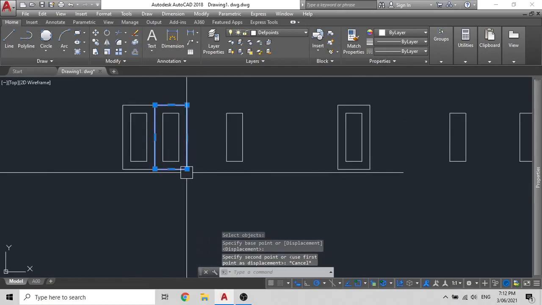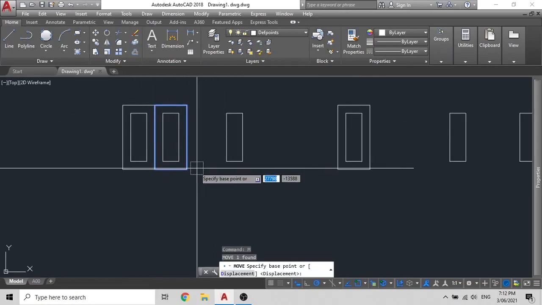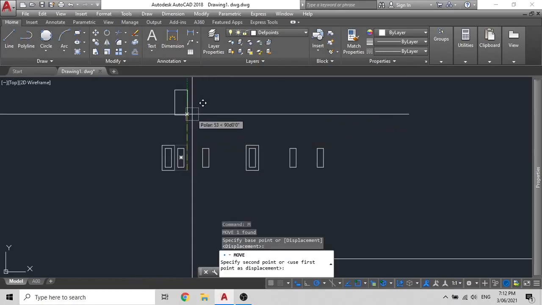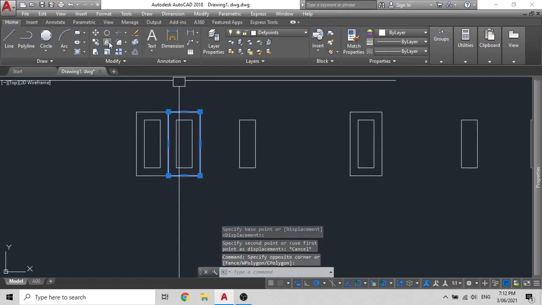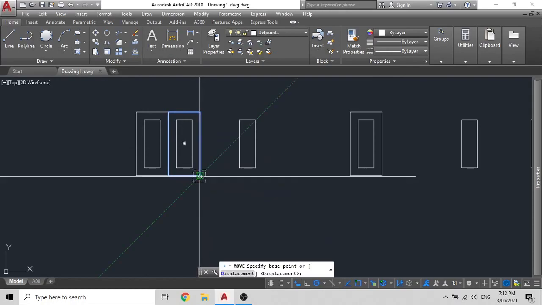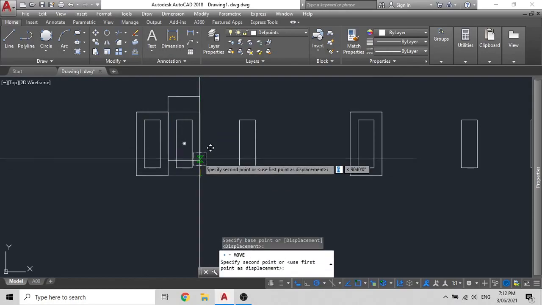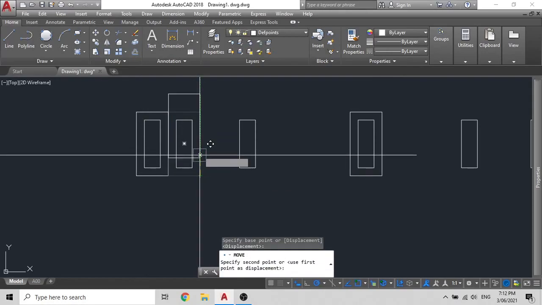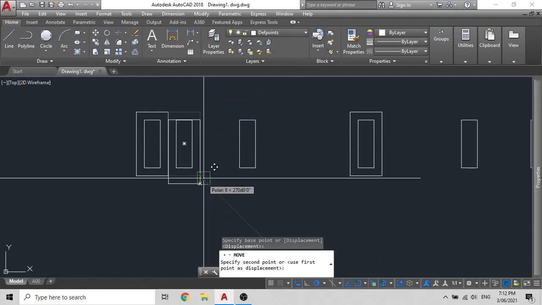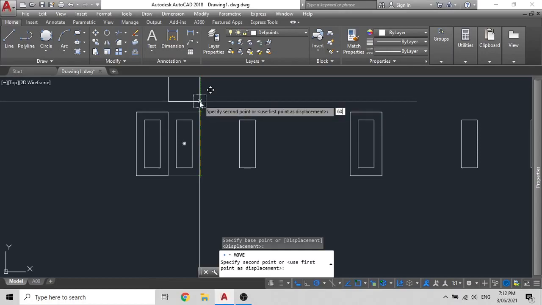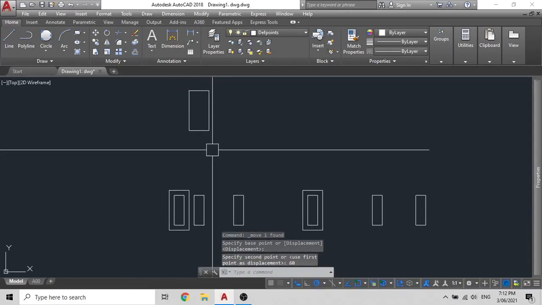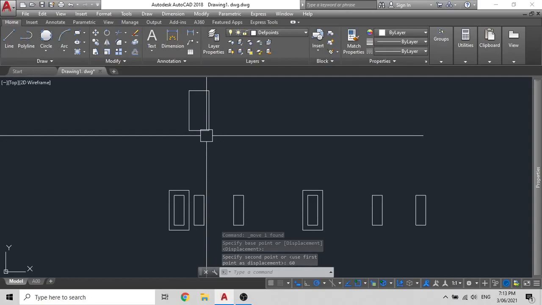Now for a move and a copy, what you can do is also move it with a distance. So if you wish to move this one up by about 60 millimeters, what you can do is click your object, type on move, click on whichever corner you wish, move it in the direction that you wish to move, it's either up or down. In this case, I'll go up and I'll type a distance of 60. As you can see, it has moved it up to a distance of 60 millimeters.